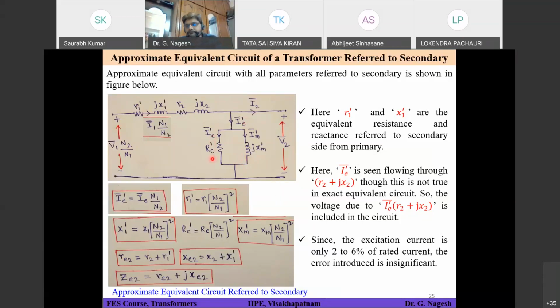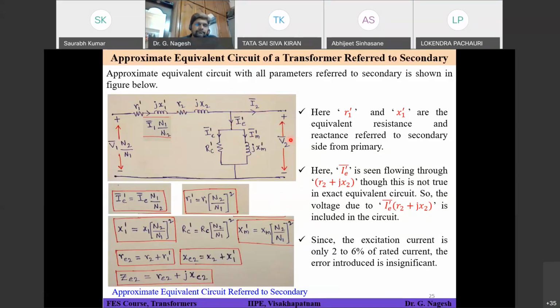Sir, the position of R2 and jX2, sir. R2 and jX2. Okay. So if you talk about the exact equivalent circuit, R2 and jX2 should be here, and this shunt branch should be at the middle of these two. Since we are talking about the approximate equivalent circuit, that is the reason why this shunt branch has moved close to V2. So that is the exact equivalent circuit, and this is the approximate equivalent circuit. Both are correct. The only thing is, this will simplify my calculation process a little bit.